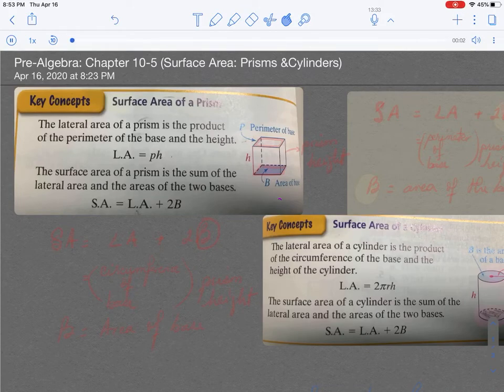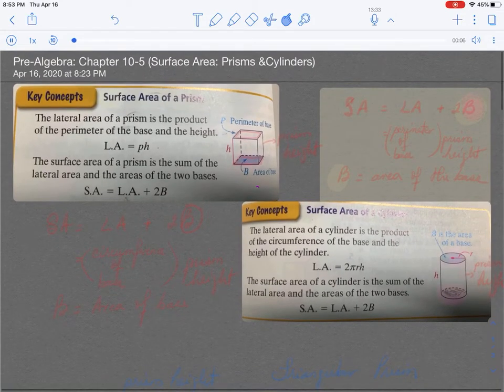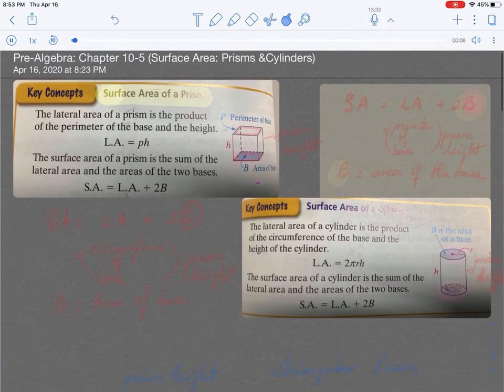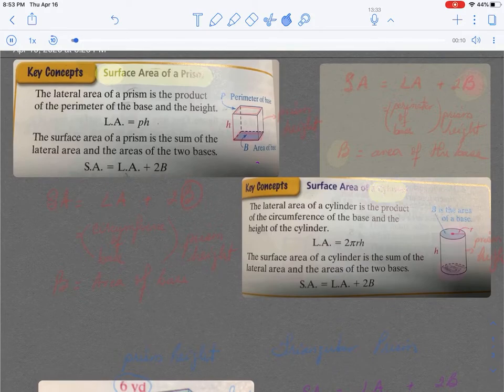Okay, we're talking about surface area of a prism, where we have to recognize the prisms. A prism means there are two bases. In a cube, it does not matter which base you're looking at, as long as they are parallel to each other, and if you identify this as the base,